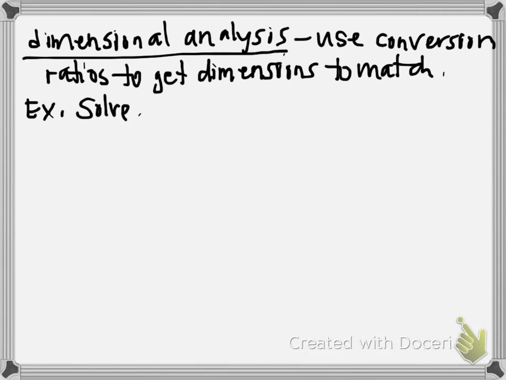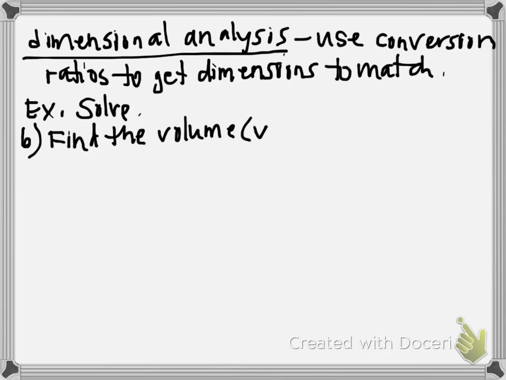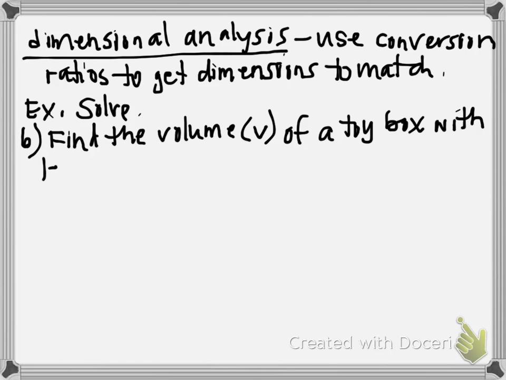Directions will say solve, and then here comes your problem. And this is very typical of what you see at this point. Find the volume (V), and it puts V in parentheses, so it's telling you that's the variable we're going to use to represent volume, of a toy box with length (L), and they put L in parentheses so you know that variable represents length, of 4 feet,